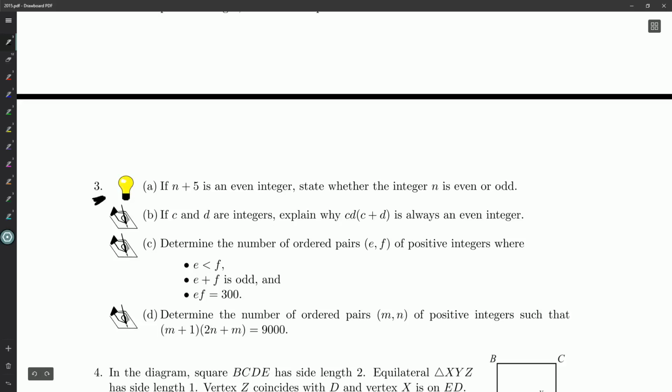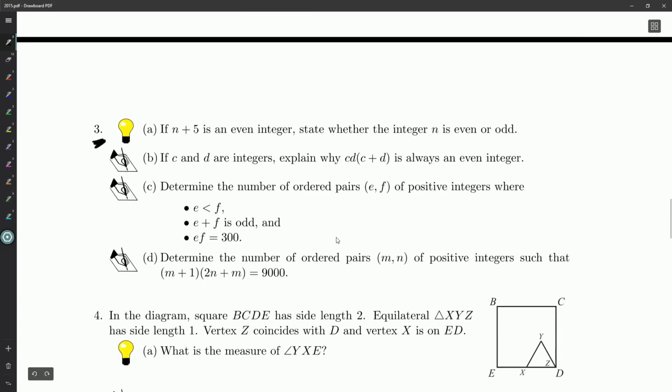So we've got 4 parts here, 1 light bulb where we just need a very quick short answer, and then 3 written. So, A, if n plus 5 is an even integer, state whether n is even or odd. Okay, well,